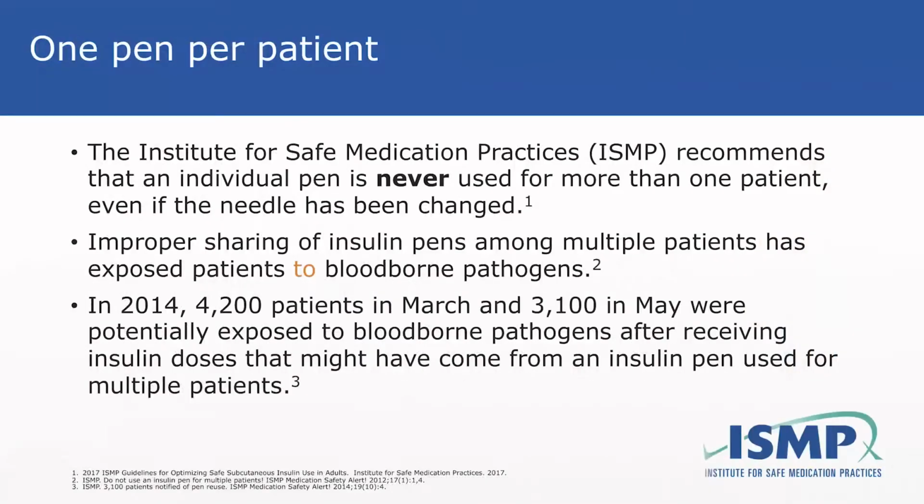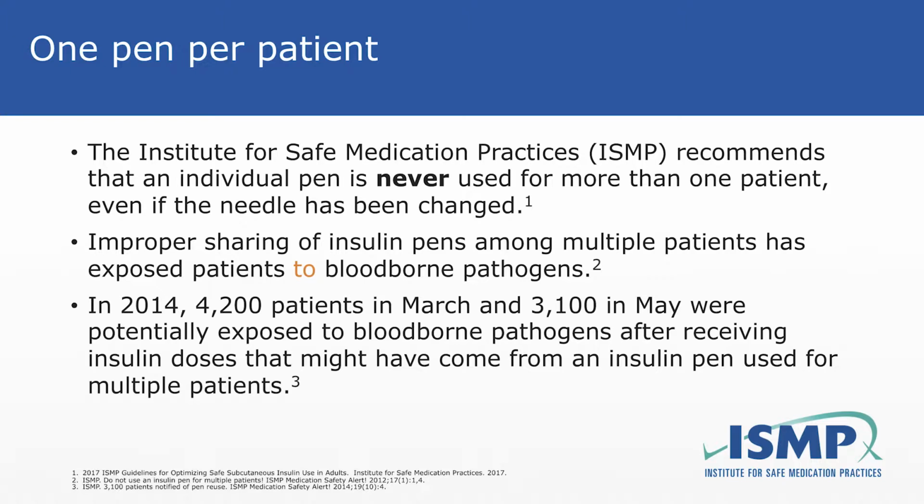The Institute for Safe Medication Practices recommends the one pen, one patient rule. Improper use of insulin pens can increase the risk of bloodborne pathogen exposure between patients. In 2014, an ISMP medication safety alert showed that over 4,200 patients in March and over 3,100 patients in May were potentially exposed to bloodborne pathogens after receiving insulin doses that may have come from an insulin pen used for